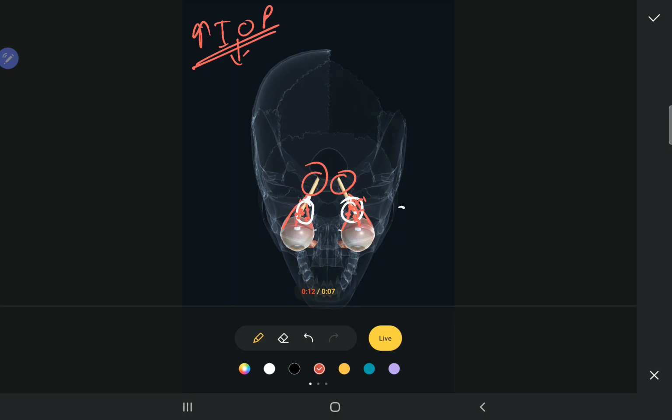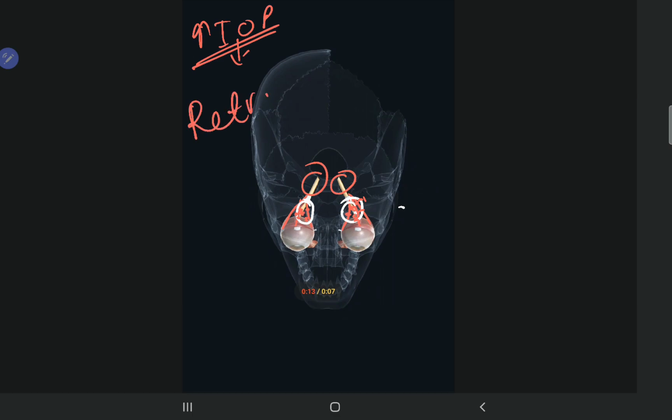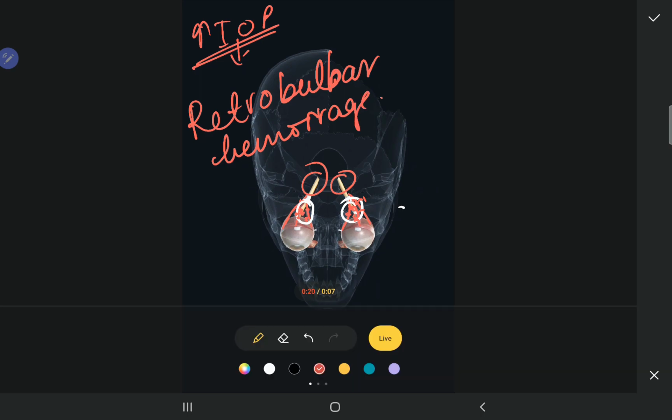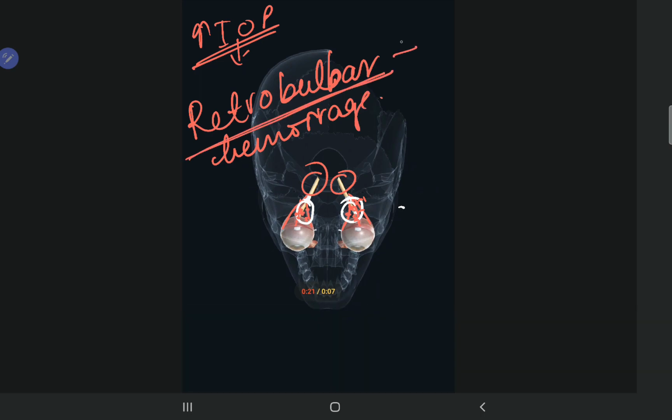So we see that there is anti-mongoloid slant, which is a clinical feature of a zygomaticomaxillary complex fracture. We see the altered positioning of the globe. We see that ocular movement is also involved. So there is limitation to the motion or the movement of the extraocular muscles. And we have also seen the retrobulbar hemorrhage. So retrobulbar hemorrhage is basically bleeding behind. Retrobulbar is behind the eyes. The space behind the eyes is what we call the retrobulbar space.